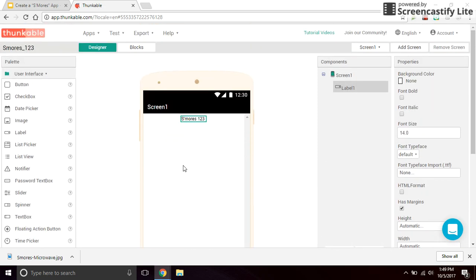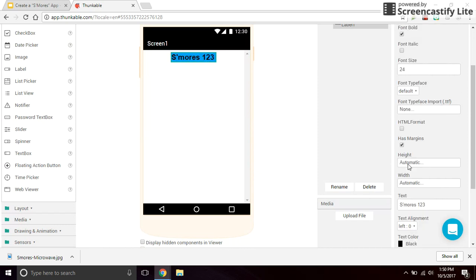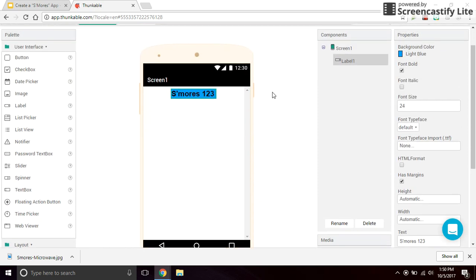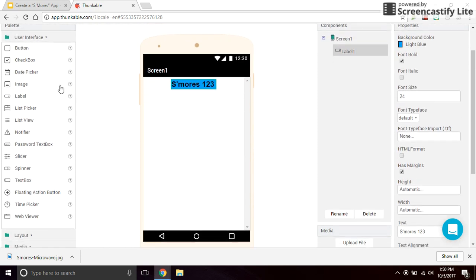All right. So S'mores123. Now, I'd like it to be a little bigger and maybe bold, so I'm going to change the font size, bold it, maybe 24 instead of 14. I can even change the background color of that text box. All right, so that is what the label will look like for the title. If you need extra time to work on that, go ahead and pause the video and get it the way